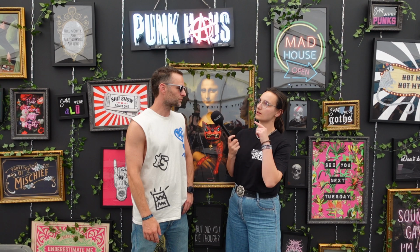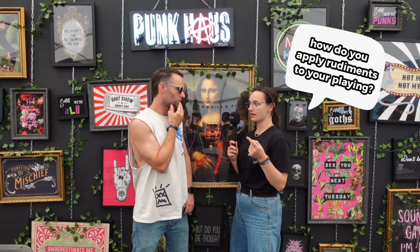So you were talking about rudiments for warming up. How do you apply rudiments to your playing? And are there any kind of sexy inversions or anything you like to use? I'm a 6-stroke roll fan. I mean, in terms of inversions when we're playing in bits, not really. Most of our stuff is kind of solid. I hit hard. There's some slightly more intricate stuff in there, but a lot of it, I guess, as well,